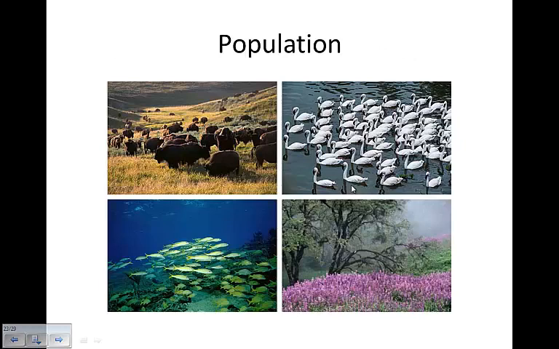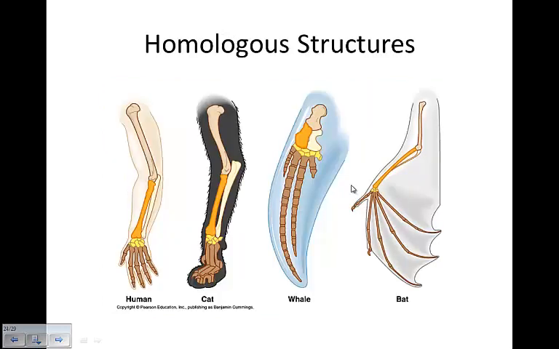Okay. So remember when we talked about population: same species in the same place at the same time, and they're showing signs of reproduction. There's young that are there. All right, so we want some supporting evidence for common ancestry or a creator, honestly, among organisms. So homologous structure, of course, homo means same. When you look at homologous structures, these are going to be the same structure. So an arm of a human, a front leg of a cat, the fin of a whale, or the wing of a bird. They're the same structure.